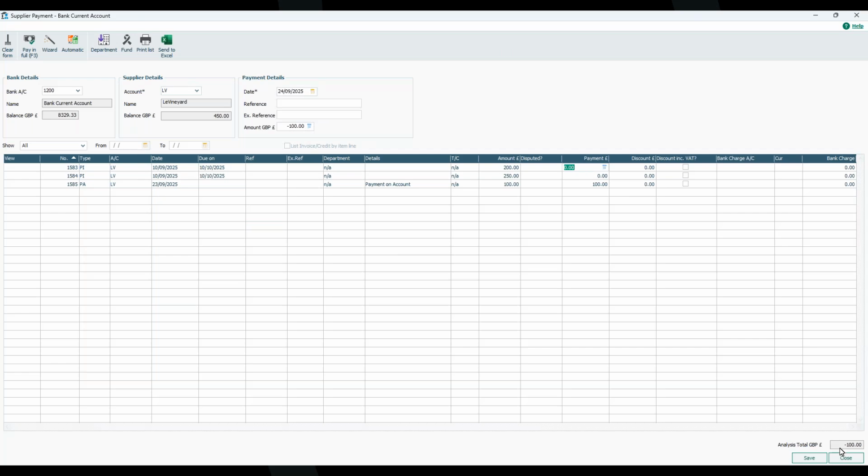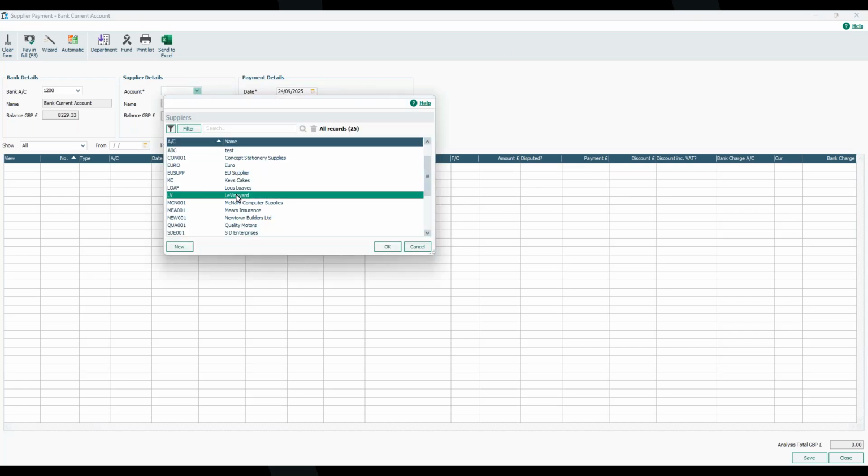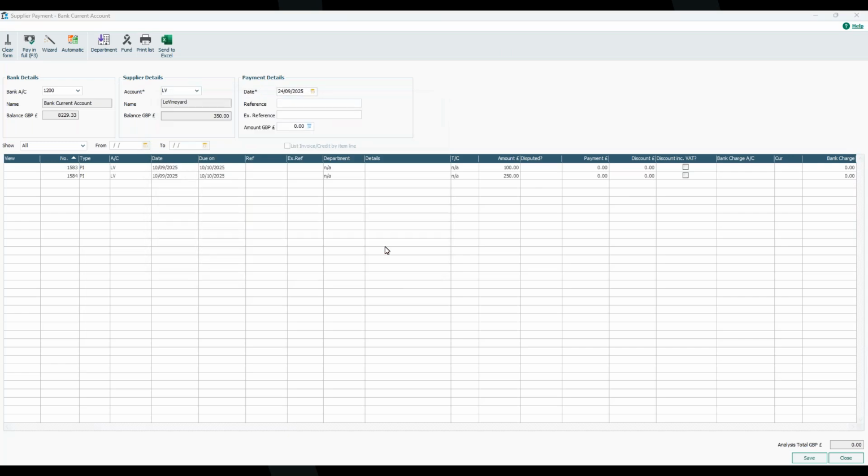And remember, we need this box down here to be 0, and I'm going to key in 100 on there to have that along. So that will leave an outstanding balance on this one of £100, and it will allocate that to that invoice for us. So I'm going to click save to that. And we'll just have a quick look and see what that does to it within this window. If I go back into my supplier there, we can now see that we've just got £100 left outstanding,